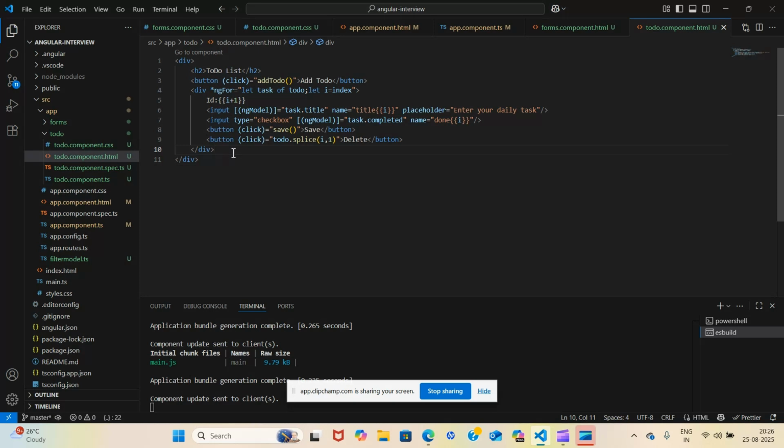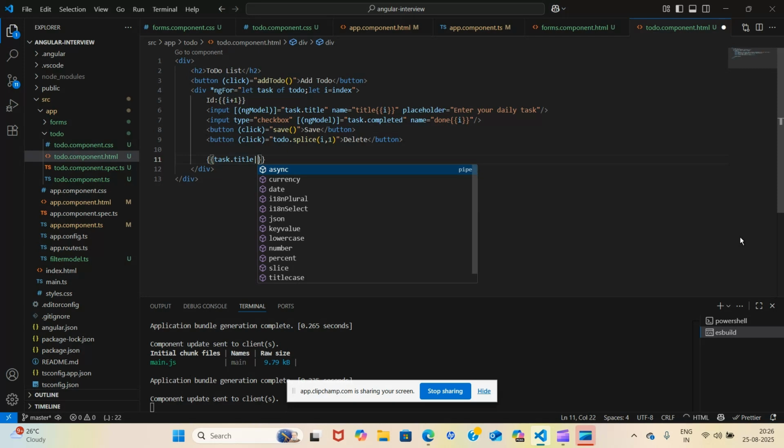So only the task title I want to be displayed. So if I do this task dot title, okay, and now this task will be an object and I want that data to be displayed, so I will take it as JSON.